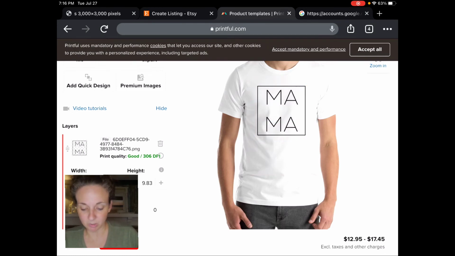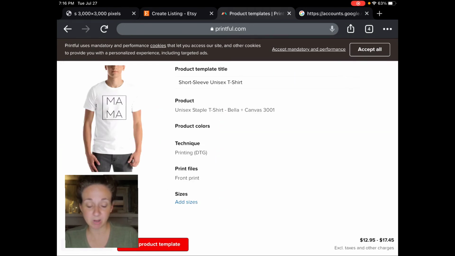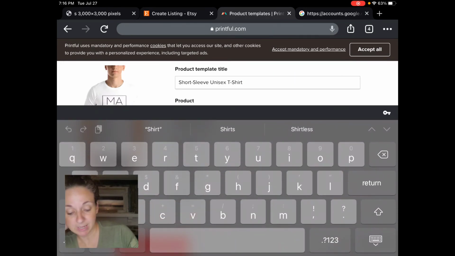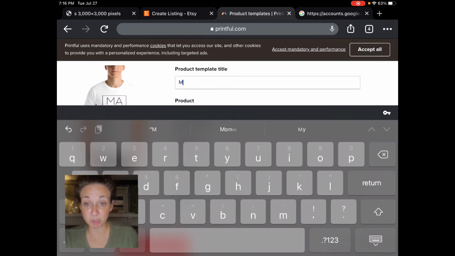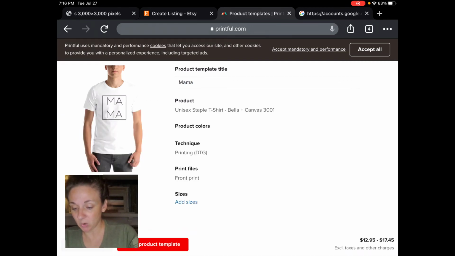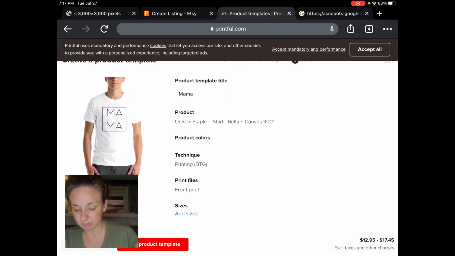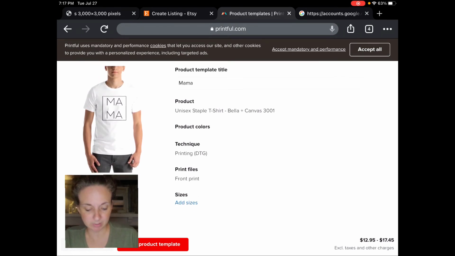And you can add a color or whatever, and you can save the product template, and it's all set. And so it tells you what your prices are. So these are going to cost $12.95 to purchase and print, and then you'll have shipping on top of that. So I'm just going to go ahead and save it, even though I've already got this, I'm sure, somewhere in my shop. I'm going to go back to my Printful,